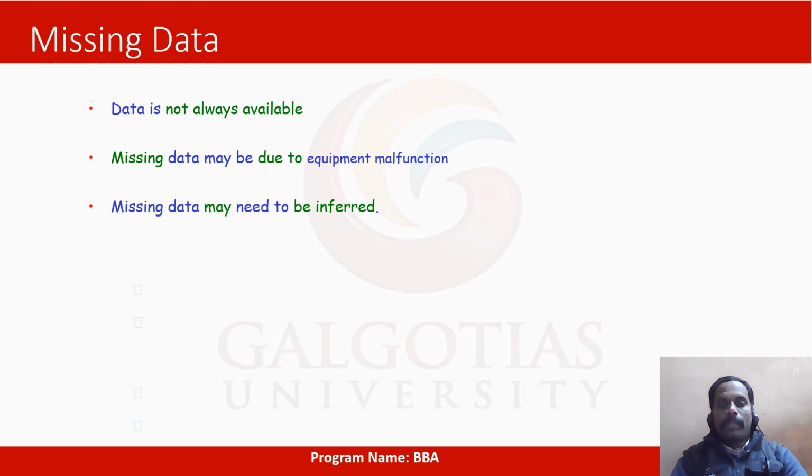Missing data can be anything from a missing sequence, incomplete features, a missing file, incomplete information, data entry error, etc. Missing data may be due to equipment malfunction. Most data sets in the real world contain missing data. Missing data may need to be inferred. Before you can use data with missing fields, you need to transform these fields so they can be used for analysis and modeling.